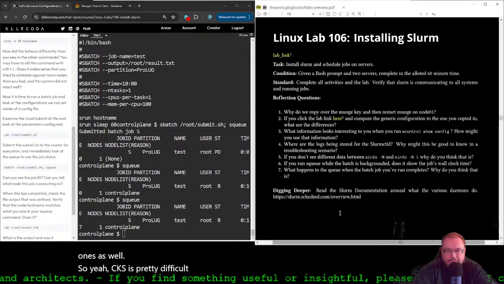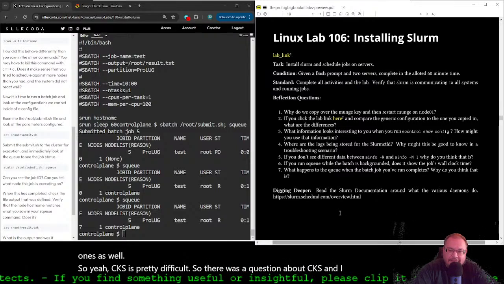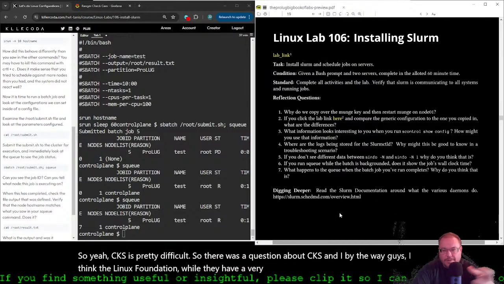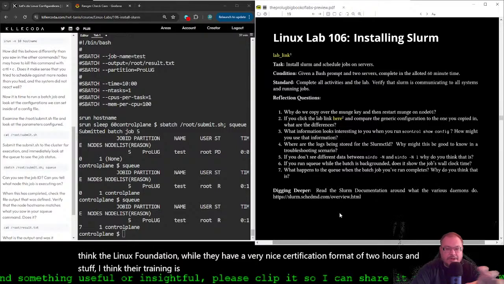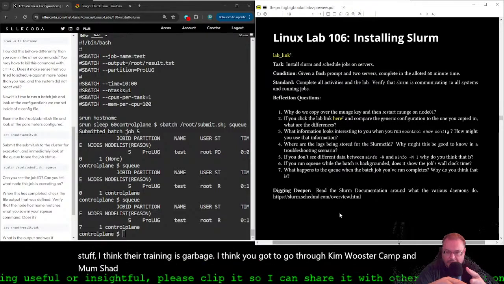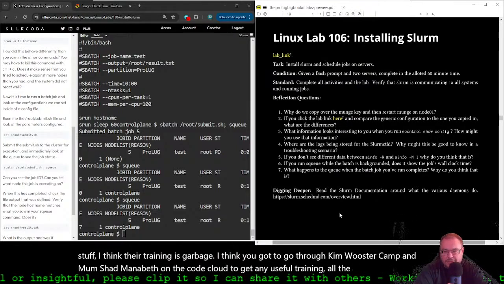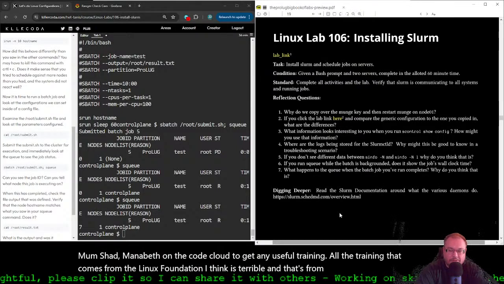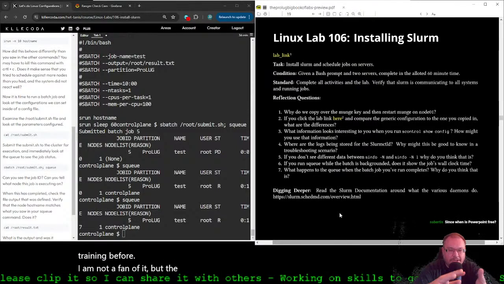There was a question about CKS, and by the way, guys, while the Linux Foundation has a very nice certification format of 2 hours and so on, I think their training is garbage. I think you have to go through Kim Wuestkamp and Mumshad Mannambeth on KodeKloud to get any useful training. All the training that comes from the Linux Foundation, I think, is terrible. And that's from a guy who's bought their training before. I am not a fan of it. But the other guys, Kim Wuestkamp and